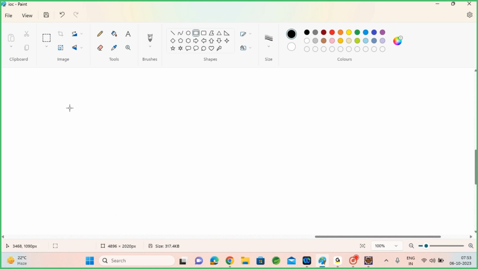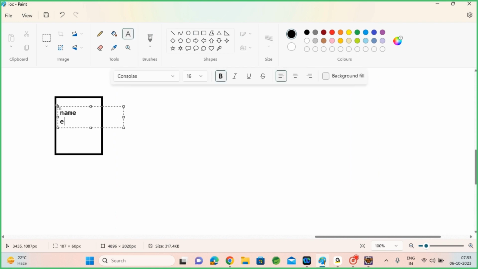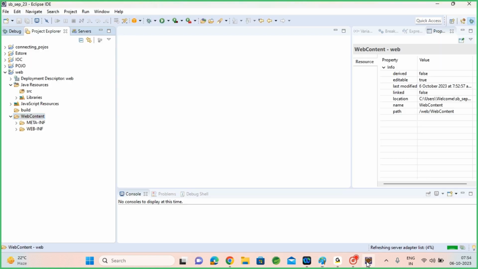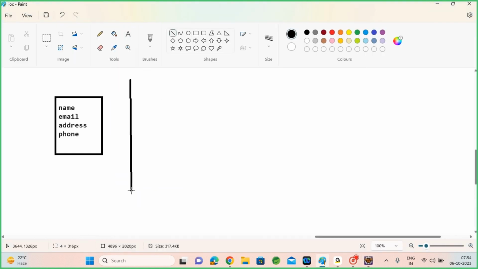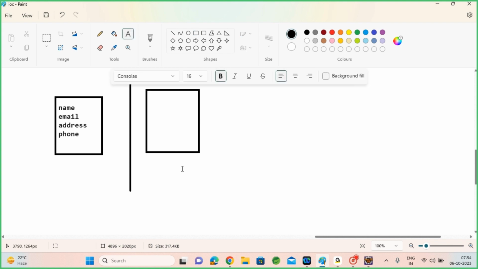I'll be creating one simple front end for registration. I'll take your name, email, address, phone number. Okay. I'll ask everyone to enter your data. Please be ready. So one front end I'll create, and back end side I'll be writing one servlet. Servlet is your controller. Servlet and one service class,